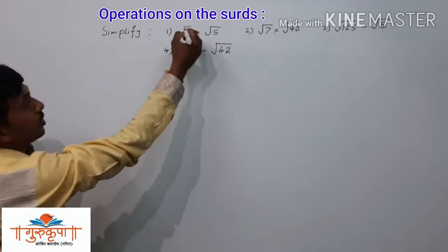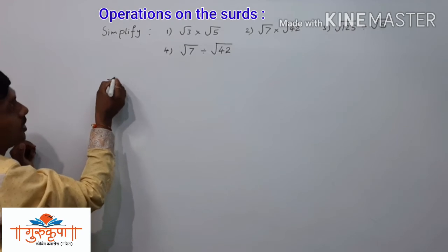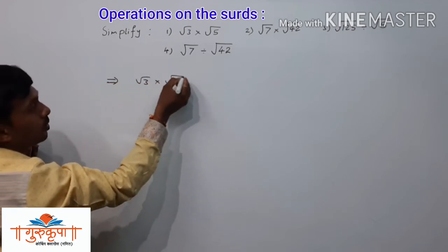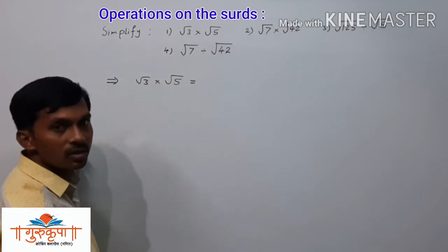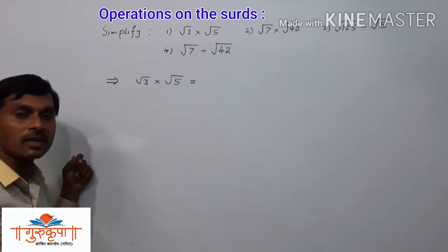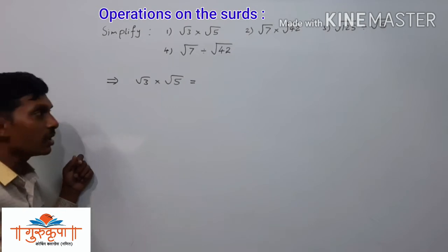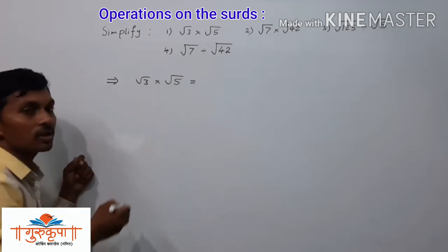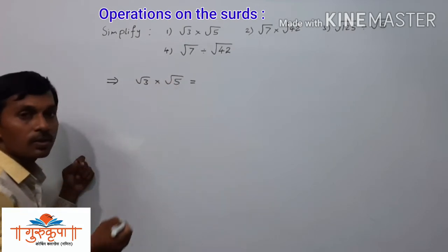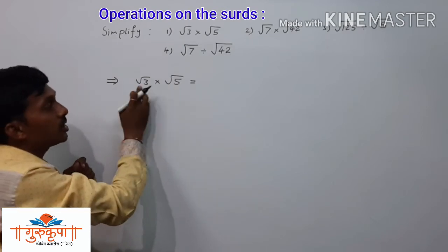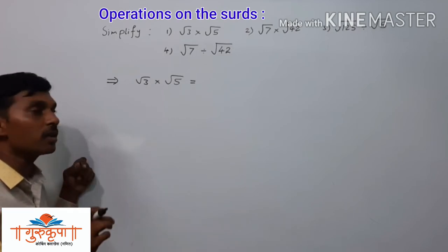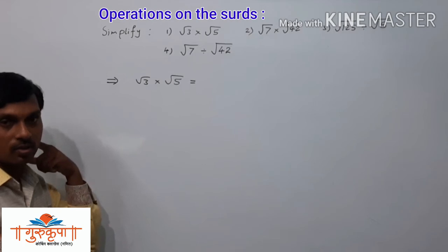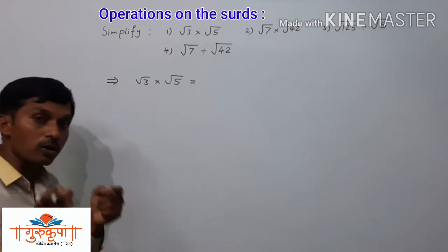We have the first example, √3 × √5. We'll simplify that example. √3 × √5. These are not like surds. √3 and √5 are not like surds. We know that surds are called like surds if their orders are the same and their radicands are the same. Here the orders are the same. The order of the first surd is 2. The order of the second surd is 2, but the radicands are different, so these are not similar surds, but still we are able to take the product of these two surds. So here it is very important that their orders should be the same.